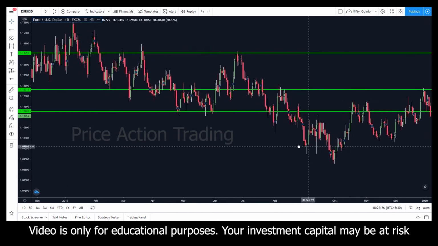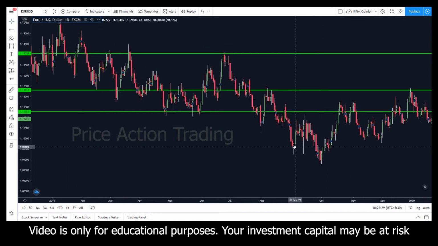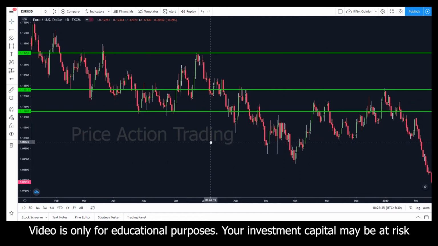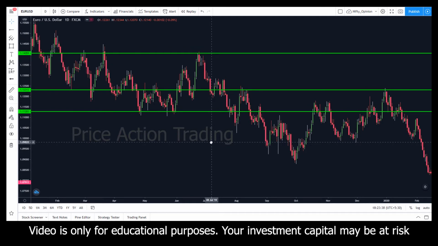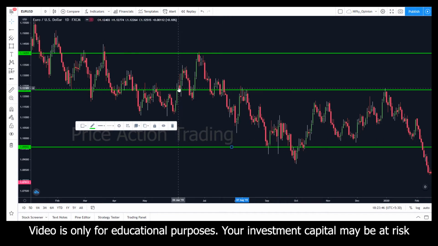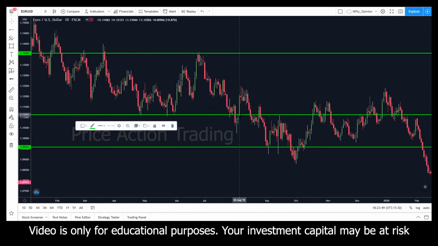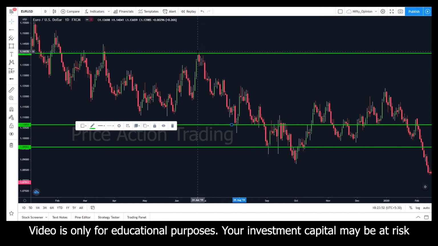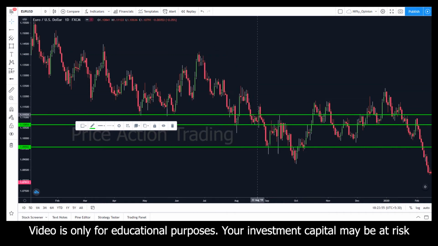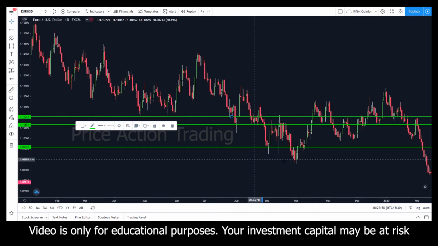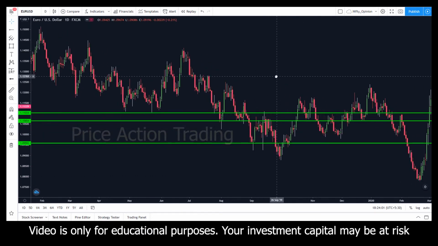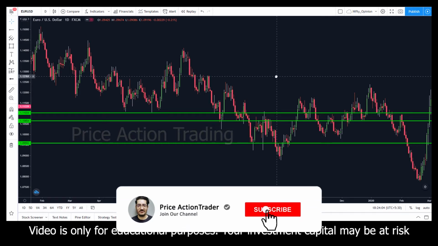Again guys, the second tip would be to mark the levels with your intuition. What is your gut feeling telling you to mark? If you see the level, you have to mark it. If you don't see a level, if you see the market is ranging or going in a bound, don't try to put levels like this. The market doesn't behave like this. And if you think that this is also a good level and you should mark it like this, these are areas, not levels. So mark with your intuition. This is your second tip, and these levels are wrong.